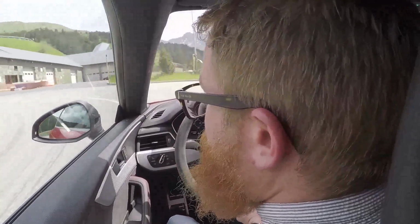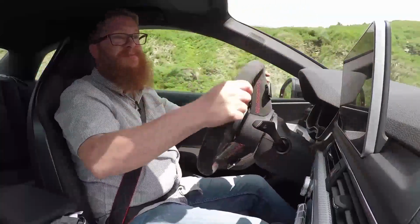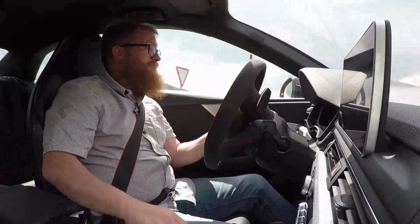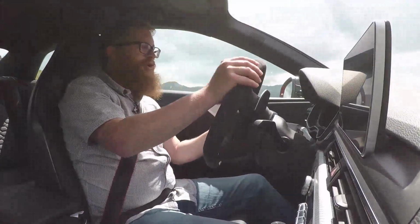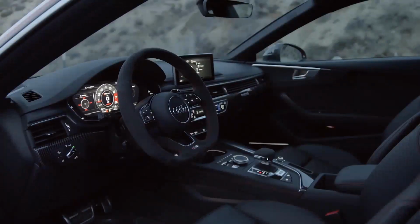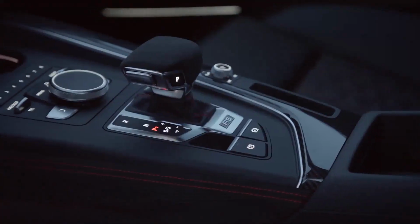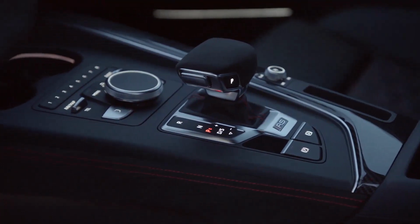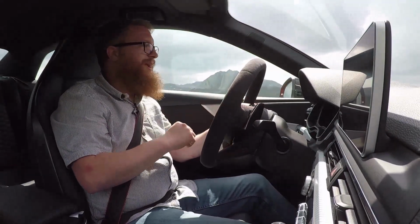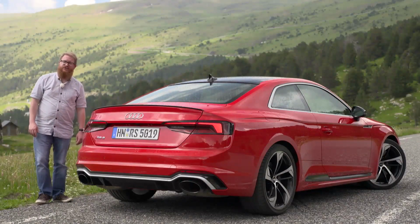But while this thing does have fantastic grip, the steering always feels a little bit lifeless, although it is very precise and you know exactly where the nose of the car is. So it makes you want to slacken things off a little bit, calm down, and focus on the usual Audi good bits. This interior feels wonderfully well screwed together and looks great. The infotainment system has a rotary dial between the seats, which makes it really easy to navigate. And speaking of navigation, the sat-nav is really simple to follow, even if you're somewhere you have never been before, like here. We've now had the chance to drive the RS5 on a